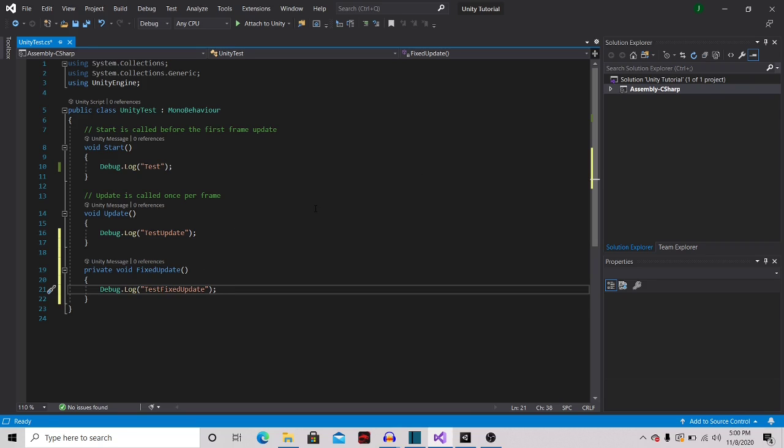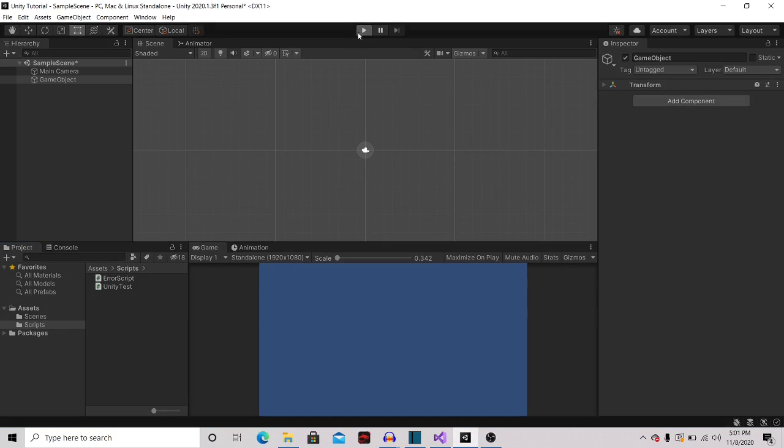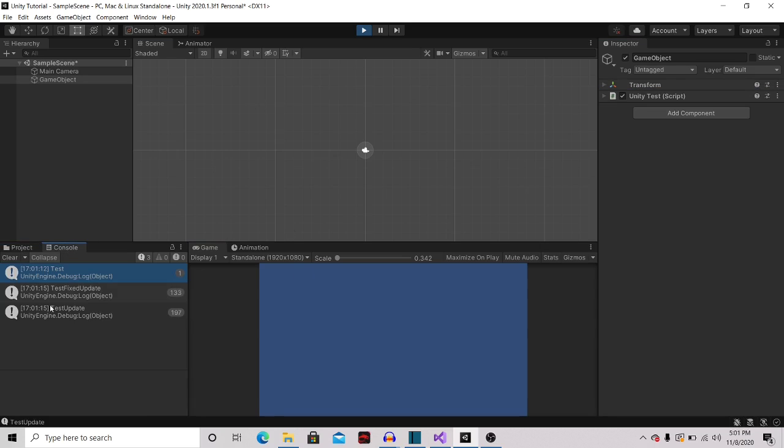So I'm going to save this, and I'm going to go back into Unity. I'm going to demonstrate all of these things by just hitting play, and then I'm going to open up the console. Oh, and you see I had removed the Unity test script, so I'm going to add that. Boom. So we got the one test from Start. And then we can see the FixedUpdate count is going up, and the test update is going up. They're not going up at quite the same rate, but they're actually pretty close, which is kind of surprising to me. Okay, we can see that the update is going a little bit faster now,